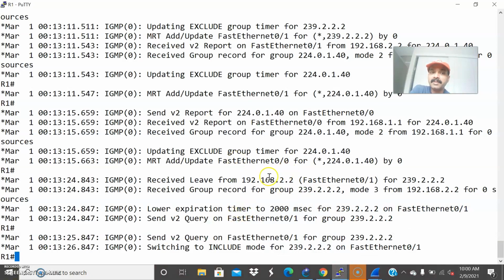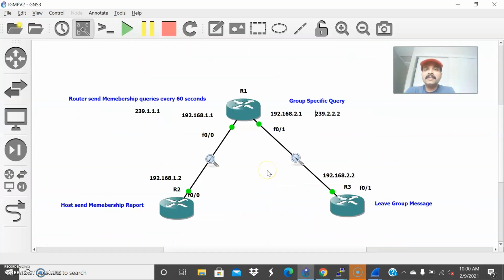These are the key points you have to keep in mind for IGMP version 2. What are the four points? First, it will send a membership query every 60 seconds. Second, the host will send the membership report in response to the query. Third, if the host is not interested in receiving any traffic, it will send a leave group message. Fourth, once the router receives the leave group message, it will send a group specific query to the host to confirm whether the host is not interested in receiving the traffic.